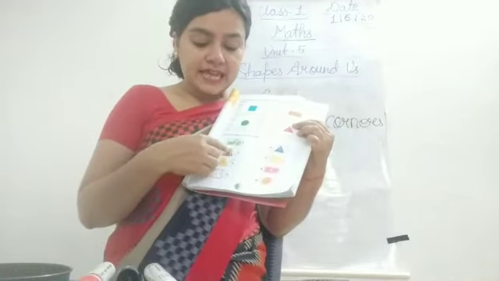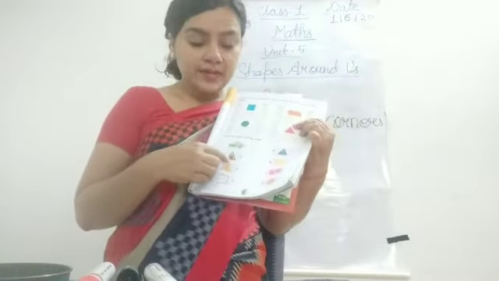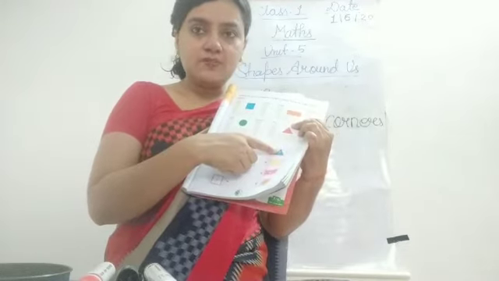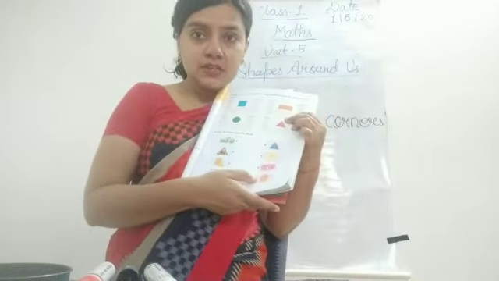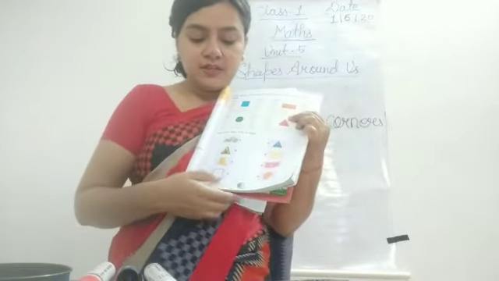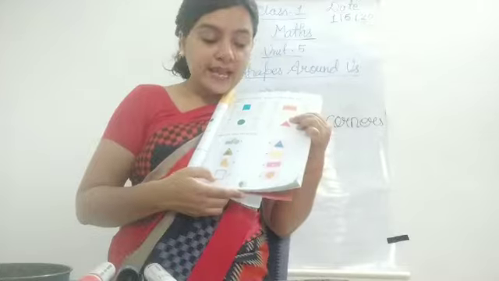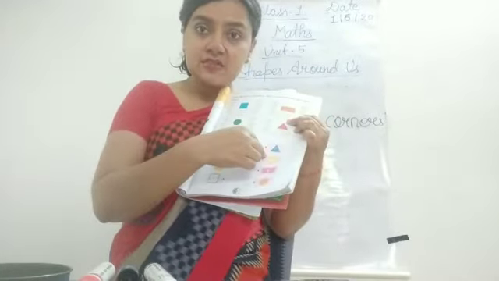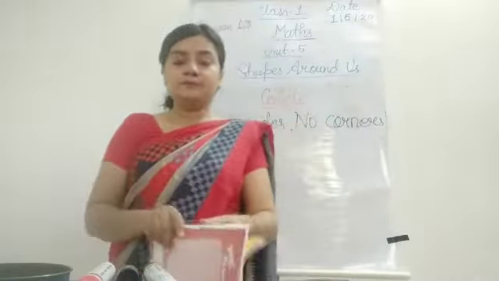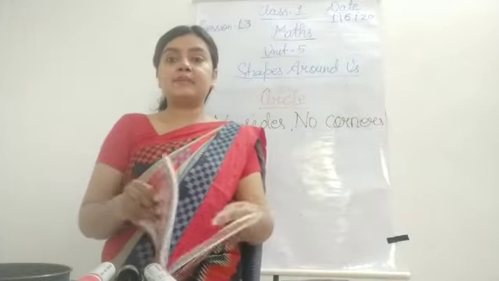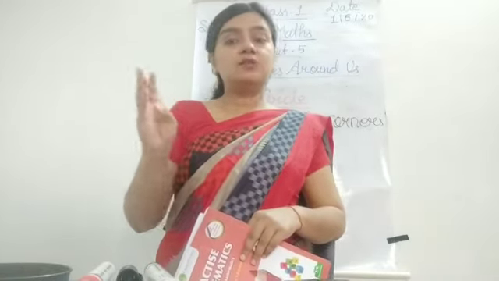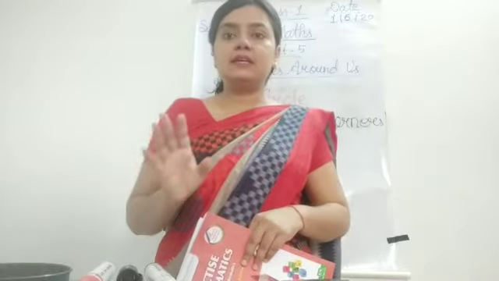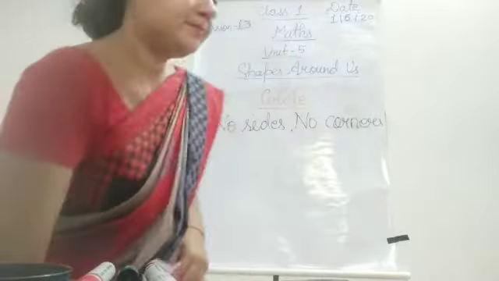Now this is a sign, no? It looks like a triangle, so it will go this side. Now coins are there. Coins are in circular shape, so the line will go here. This is a clock. The clock looks like a square, so this will go this side. Okay, I hope you are getting me. In this chapter we read about 4 shapes: rectangle, square, triangle and circle. These are the 4 shapes.